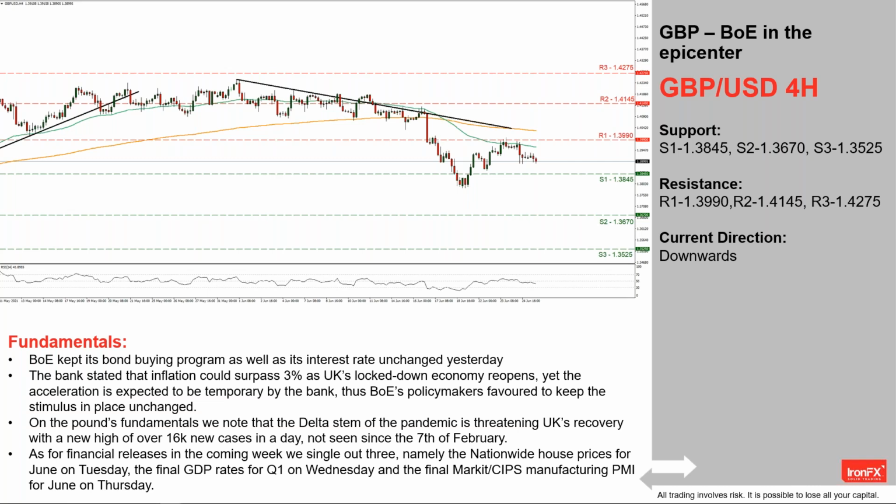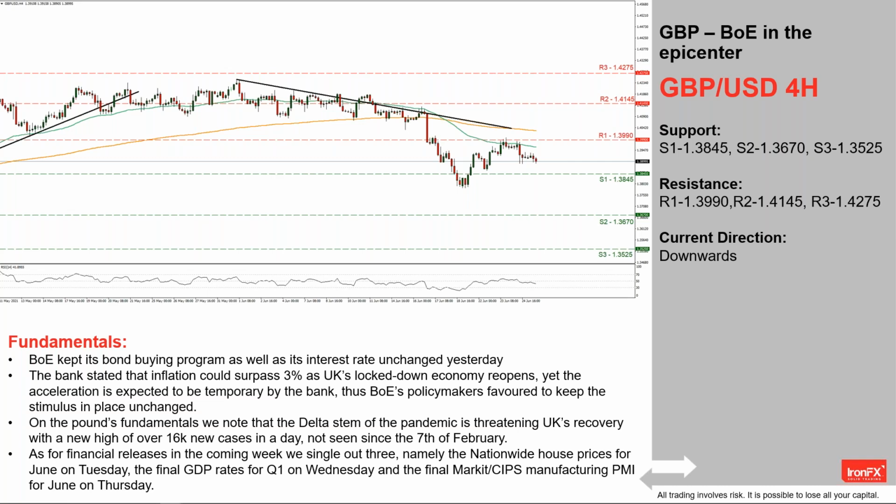The bank stated that inflation could surpass 3% as UK's lockdown economy reopens, yet the acceleration is expected to be temporary by the bank. Thus, BoE's policymakers favor to keep the stimulus in place unchanged. There seems to be no intention for the bank to tighten its monetary policy for the time being, and that tended to weaken the pound, while we highlight the speech of BoE's Governor Andrew Bailey on Thursday for any further